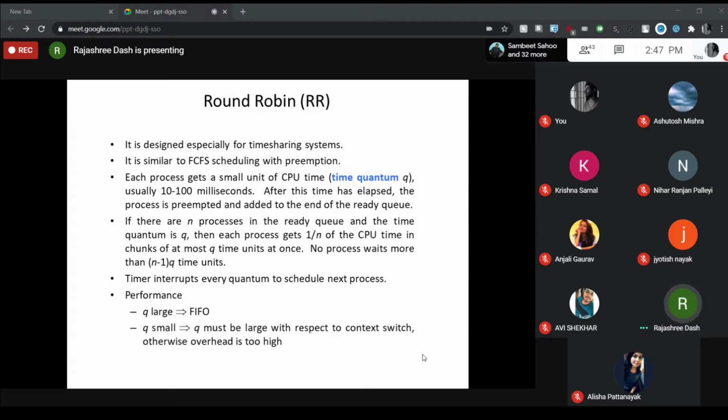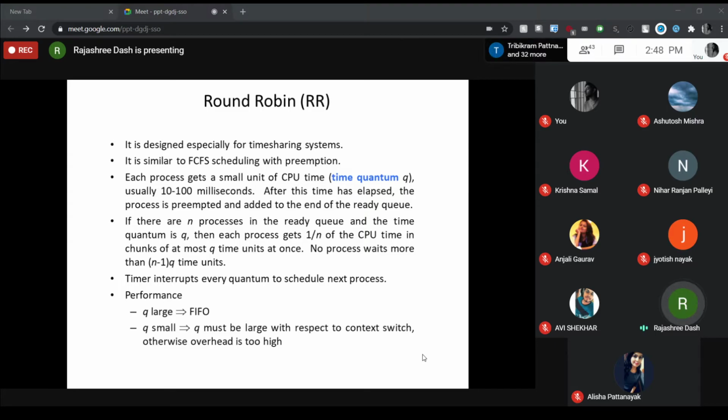Now, normally the average waiting time or the average turnaround time under the round robin policy is quite long. It is a preemptive scheduling, as I have told you. So, if a process's CPU burst exceeds one time quantum, that process is preempted and again stored back in the ready queue with the remaining burst time. So, no process is allocated the CPU more than one time quantum in a row. Again, remember the performance of round robin scheduling depends on the size of the time quantum.